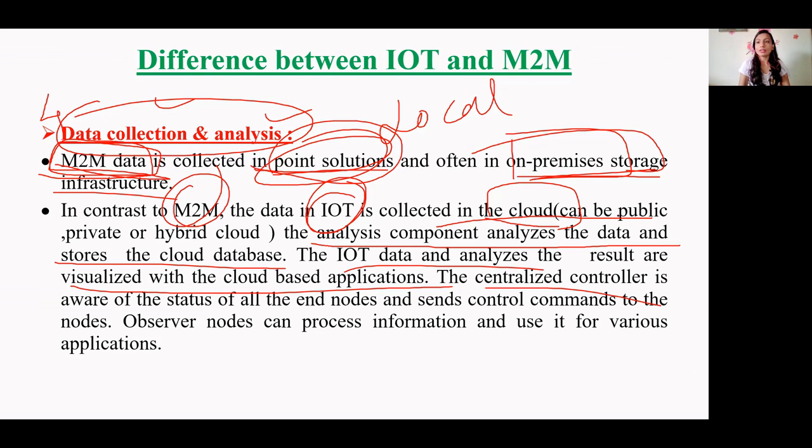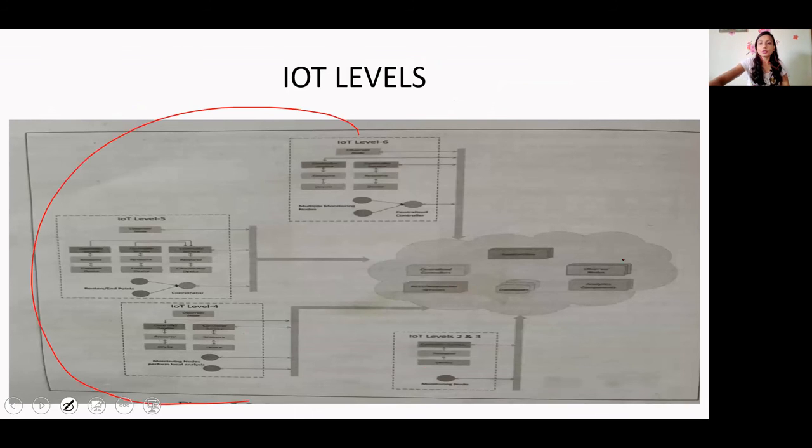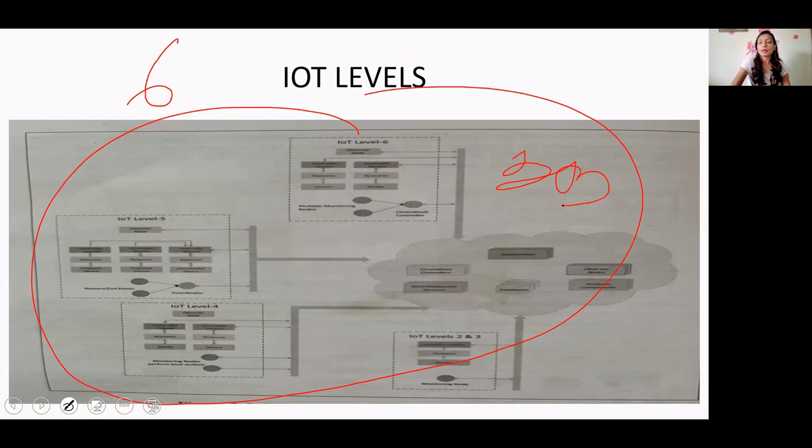We had studied IoT levels, right? It is about that only. These all levels we had studied, no? Yes or no? So we had studied different levels, that is, 6 levels. In level 1, everything was local. Leaving that, in other levels, in some places the database was in the cloud, in some places the analysis component was in the cloud, and in some places the analysis component, database, application, everything was in the cloud.